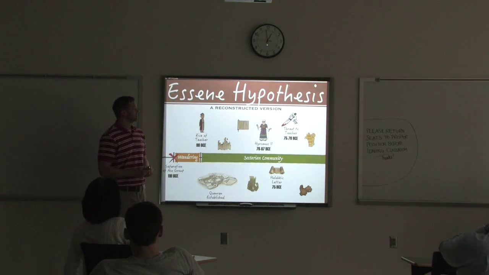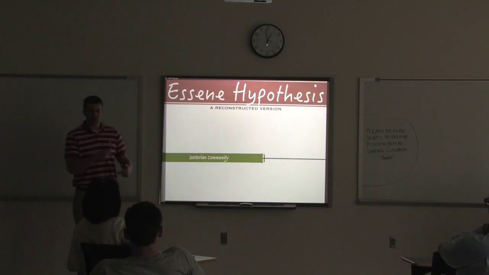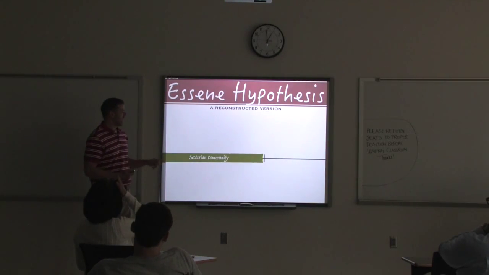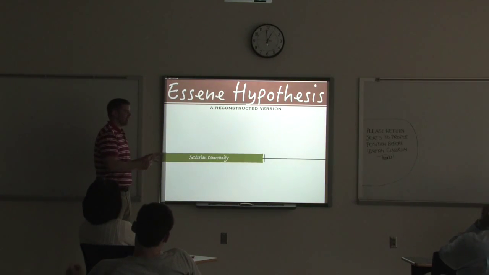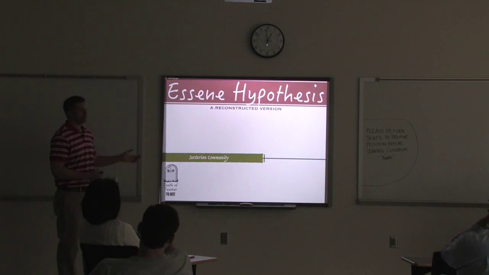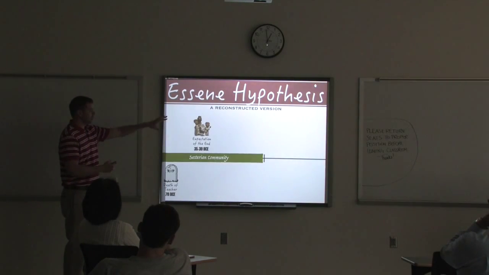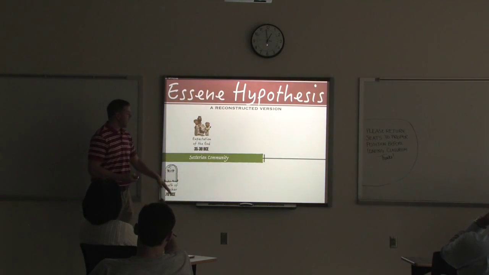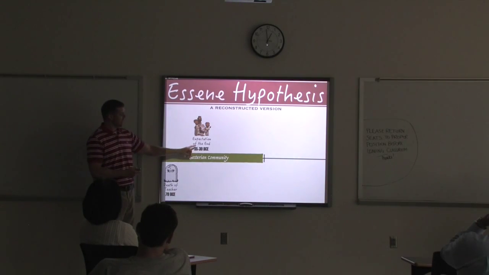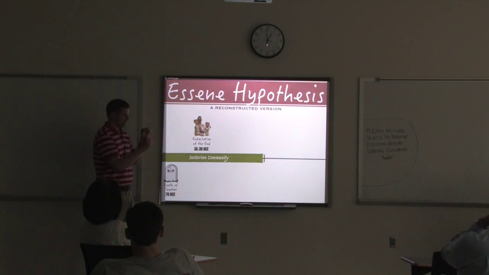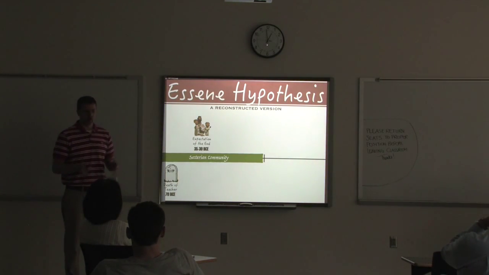Well, the bad news is it didn't work, because it seems like there was a threat after this on the life of the teacher. It turned out he was okay. He made it through that, but eventually the teacher dies. They don't gain control like they hoped. After his death, they expected within 40 years, within a generation, something would happen. They expected the end of time to come, but it didn't. And this kind of dashed their hopes, it seemed like.